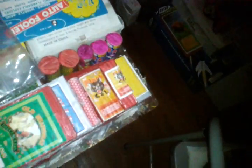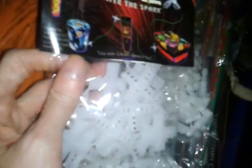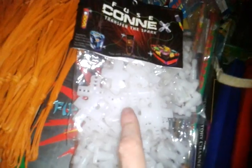Okay, well, those are those connectors, by the way, that a couple of you guys freaked out about and really liked. See how you can connect all the different things? See the K8, all that? These are for the E-matches. These are just to connect any kind of fuses you want, any kind. So, we got these